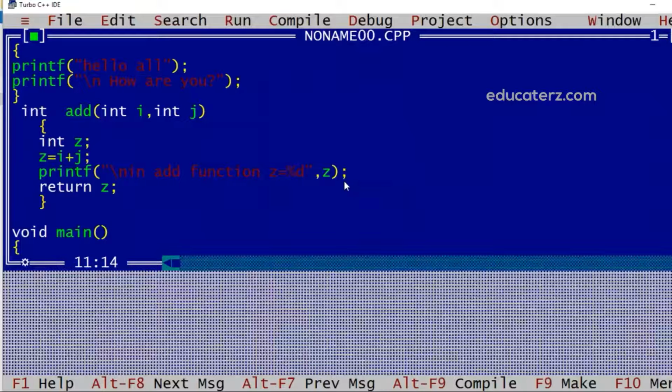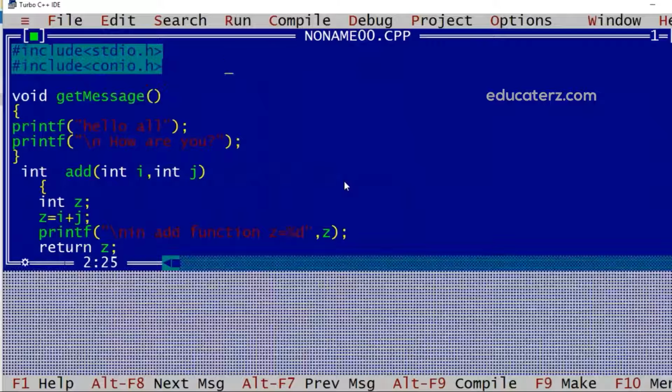Now we can call one function inside another function, but we cannot define one function inside another function. For example, I cannot define another function inside this get message. But yes, always I can call one function inside another. Suppose I want to call get message inside add, so I can call it over here.